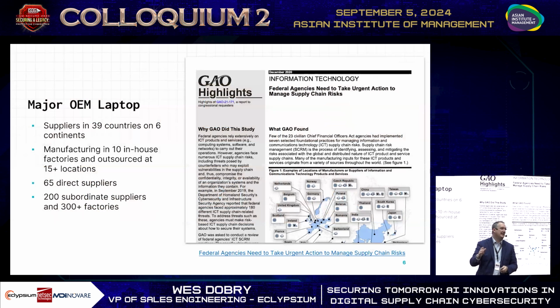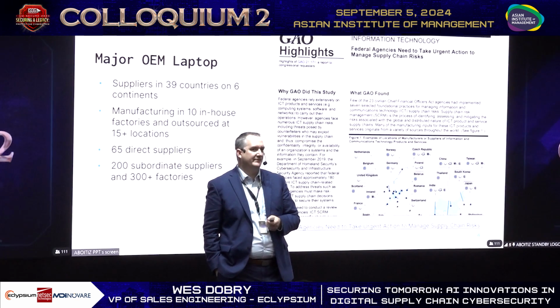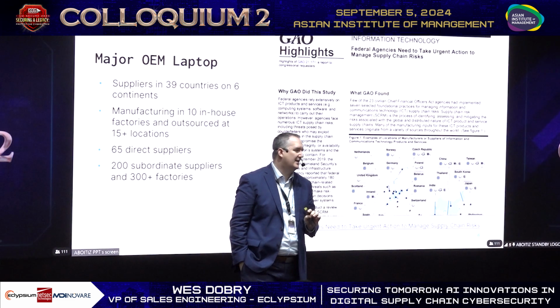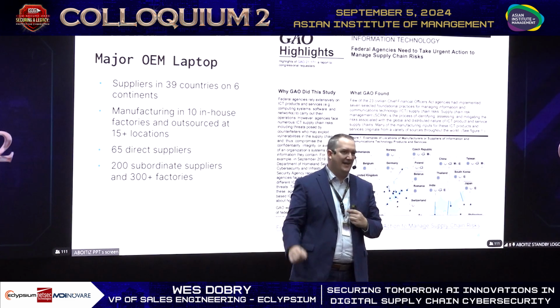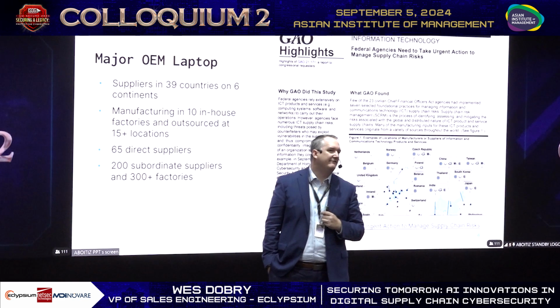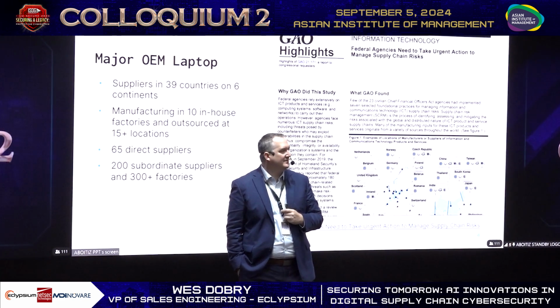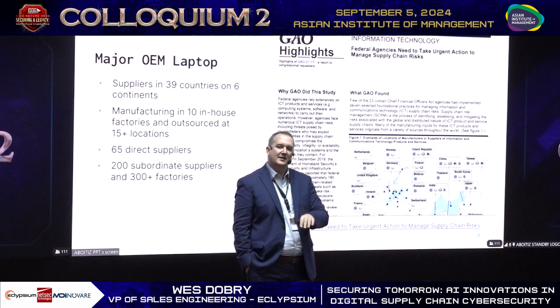So I have an example here from the Government Accountability Office of the United States about a simple major manufacturer's laptop device. That laptop touched 39 countries on 6 continents, or pieces of it did, and was manufactured at 10 in-house factories and 15 other locations with 65 direct suppliers, 200 subordinate suppliers, and ultimately touched over 300 factories before it